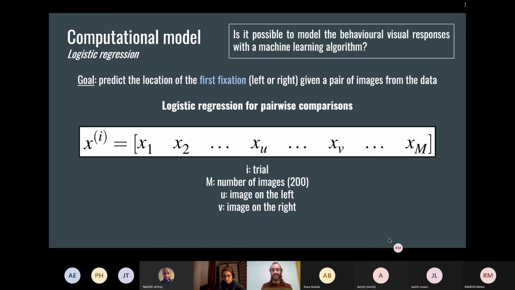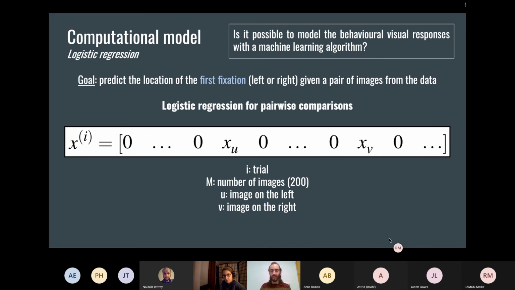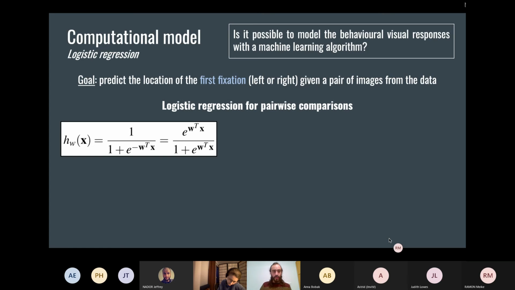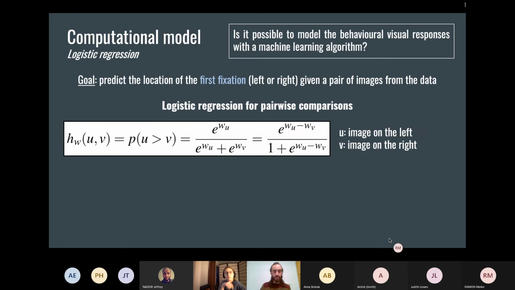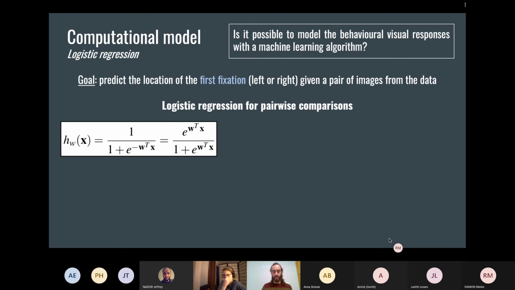So in the end, all the entries in the vector will be 0 except those entries that correspond to the images that are presented in that trial I. Okay, and the image on the left will be 1, and the image on the right will be -1. So for this case where we have pairwise comparisons, this original logistic function becomes this, which is